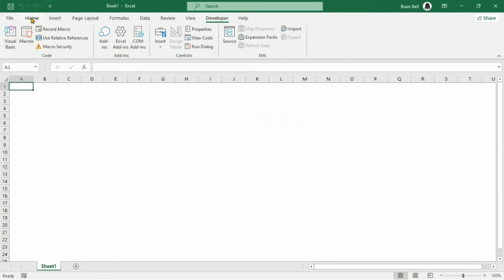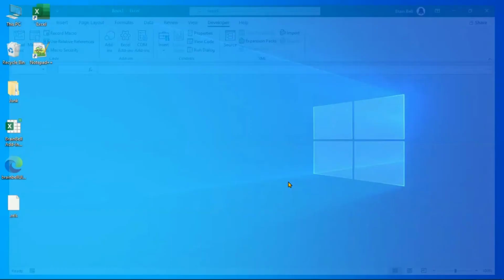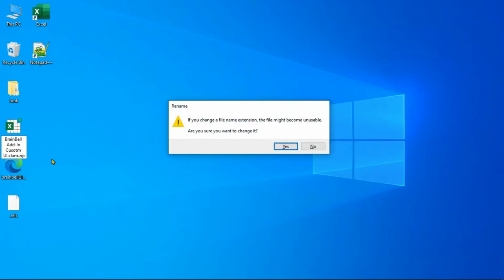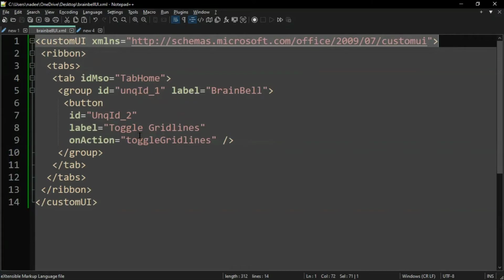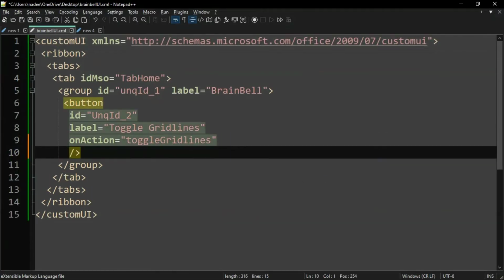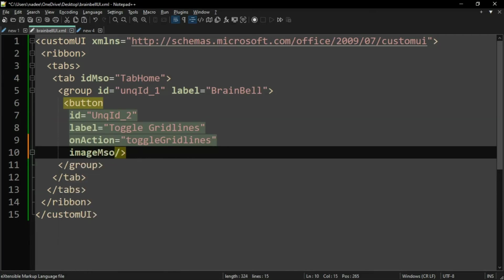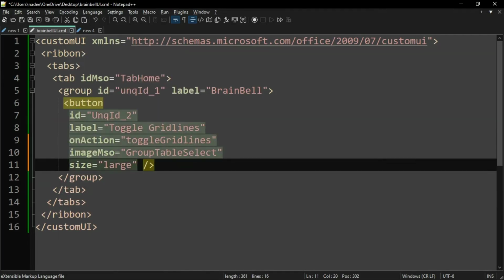If you've noticed that the ToggleGridLines button does not have an icon, here's how to add one. First, close the Excel application. Rename the add-in file extension from .xlam to .zip. Open the brainbellui.xml file in a text editor. Add the imageMso attribute to the button tag and assign it a suitable icon name, for example, GroupTableSelect. Specify the size of the icon by adding the size attribute to the button tag and assign it a large